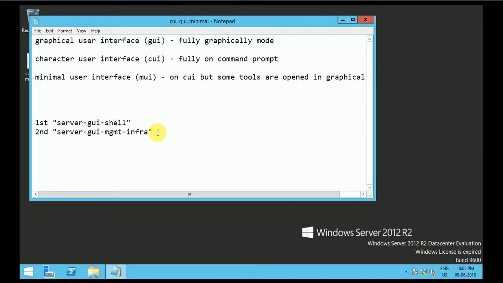This second feature. So if I uninstall, if I remove both these features, first thing, if I am having both these features installed, then I'm using a graphical user interface. If I remove both of these features, then I am using a character user interface. And if I remove this first one, then I'm using a minimal user interface. So